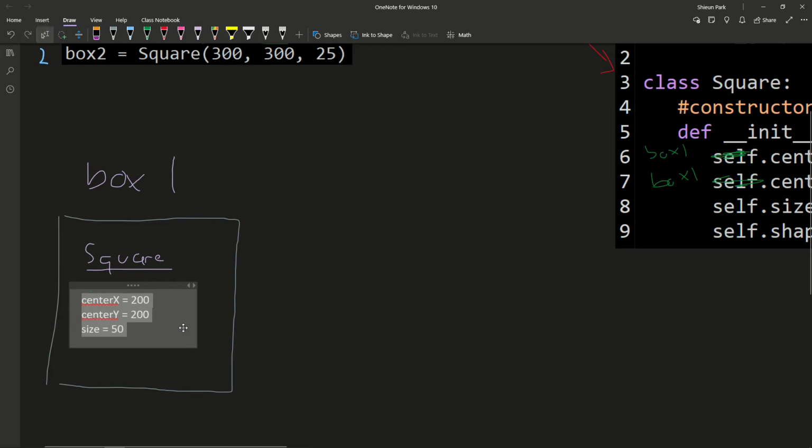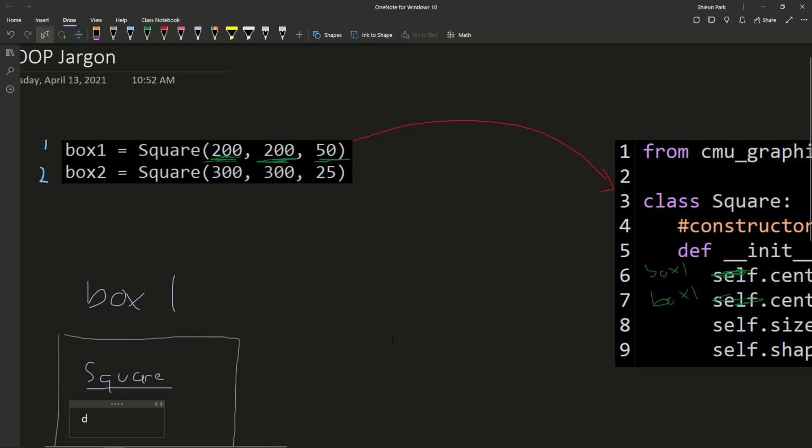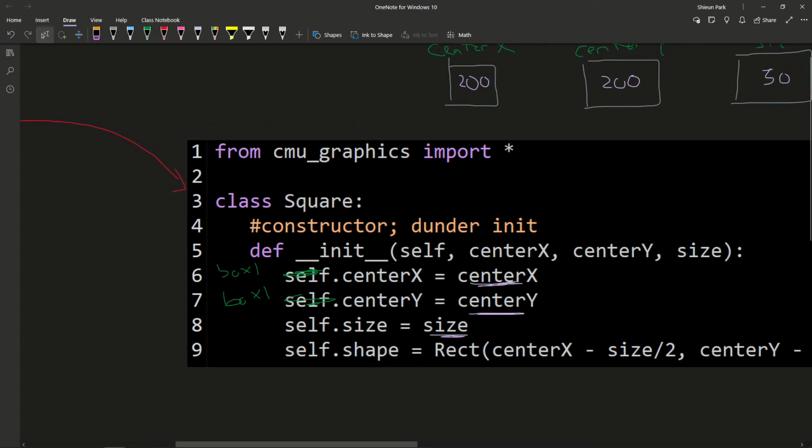The reason why this is important is that when we get to line 2, we do the same process. As we travel over into the square class, instead of the self being box 1, it replaces with the current shape at hand, which in this case would be box 2. Self simply just refers to the object currently at hand.